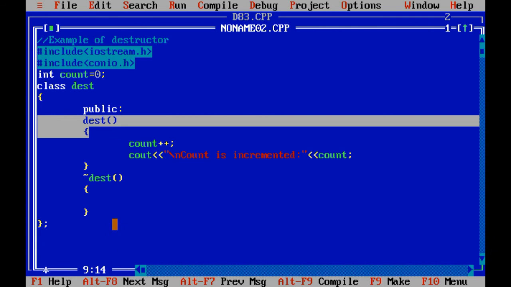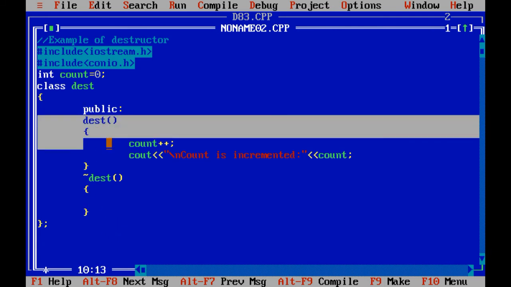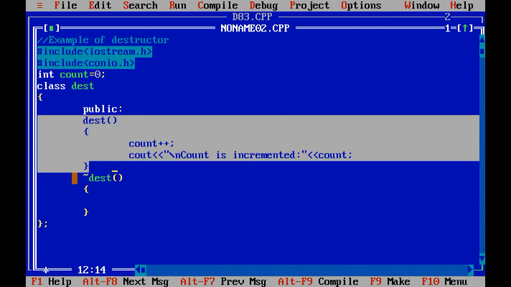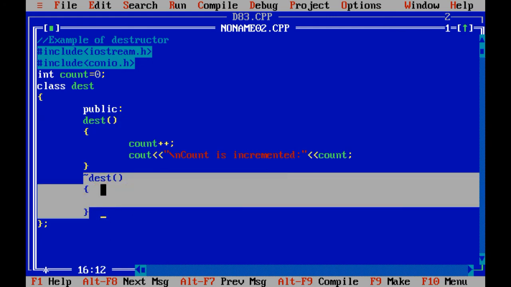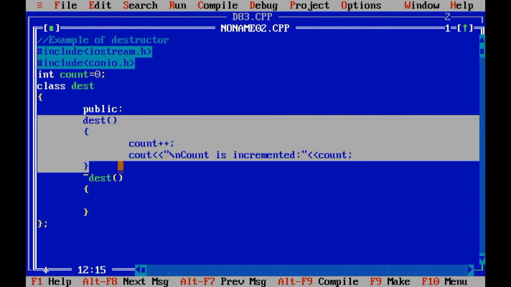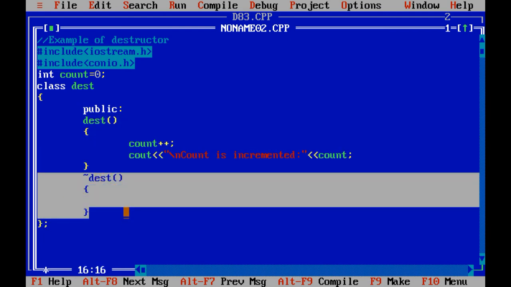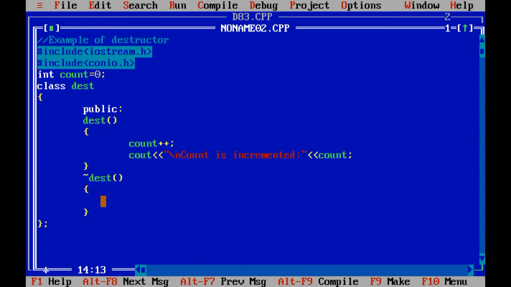And the third difference: like constructor, destructor is automatically called, but when an object is created, the constructor is called. When an object is destroyed, then the destructor is called. Now let me write the code.